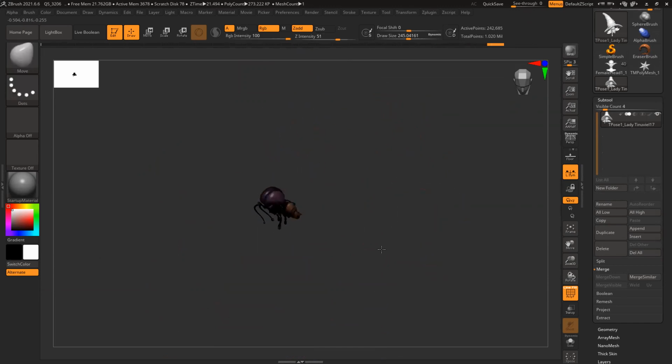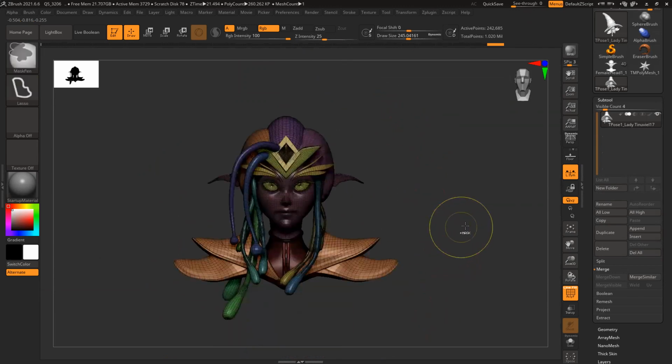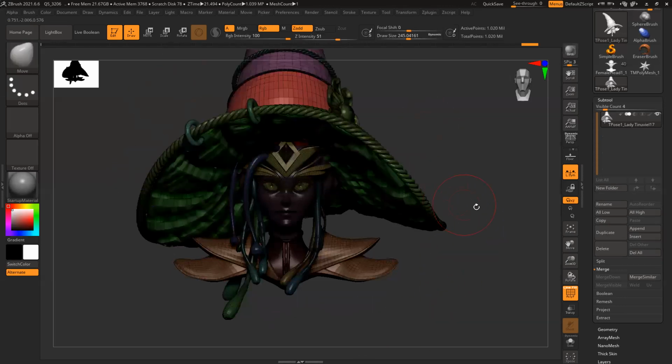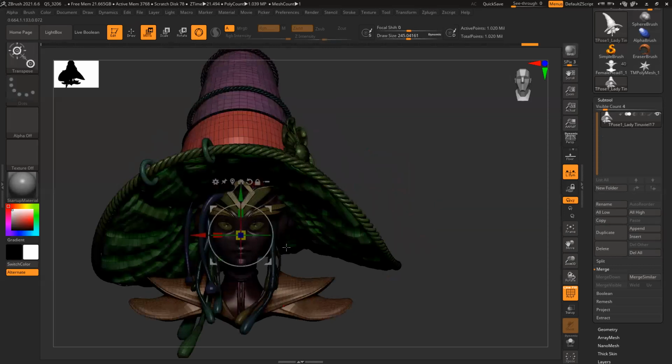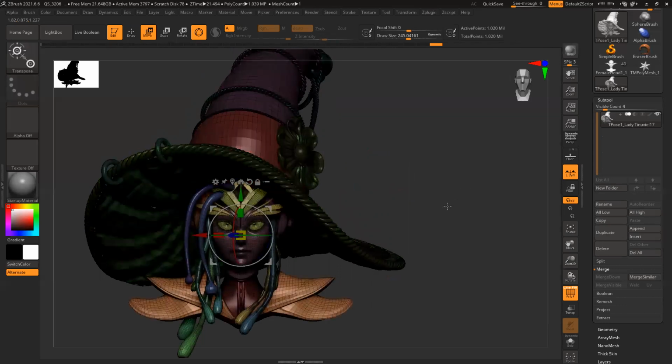So my entire hat is gone, right? Now what I'll do is Control click outside. It will mask this thing. Control Shift click outside, it will bring back the model. Now this part is masked, so it's not going to affect my model. Now I'm going to rotate this slightly and then click again.